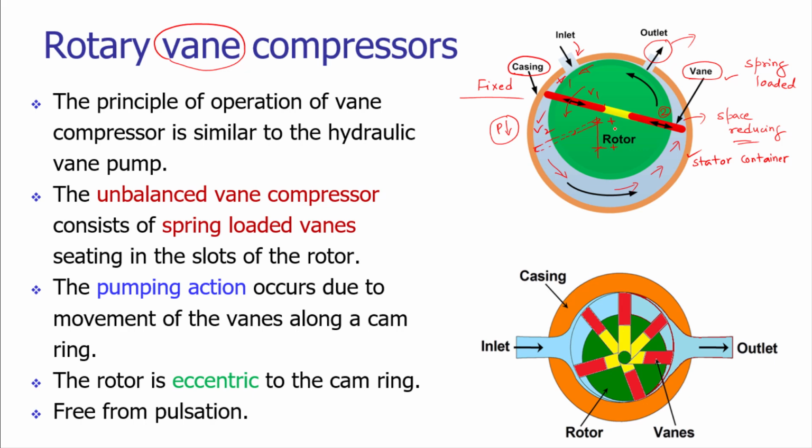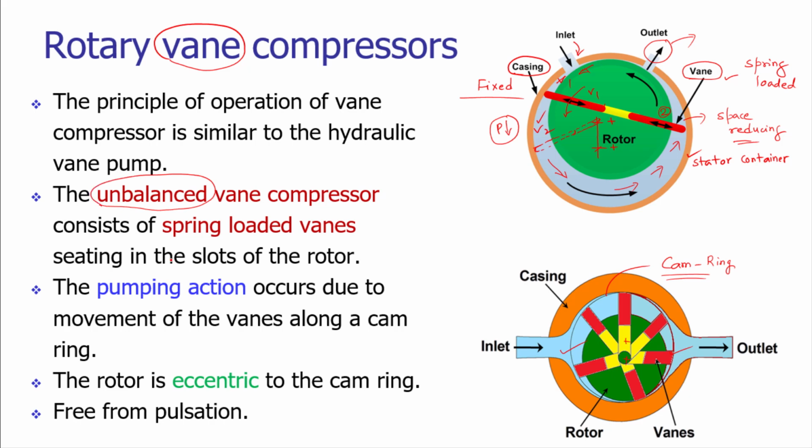So instead of having two vanes or a pair of vanes, we can have multiple pairs of vanes, which you can see on your screen here. So this is the rotor which is offset, and we can have the multiple vanes to carry out this kind of rotary compression action. To have the eccentricity, here we are using a cam ring. So this is a cam ring. That cam ring is generating the offset between the axis of the rotor and the casing. So this is basically the unbalanced vane compressor.